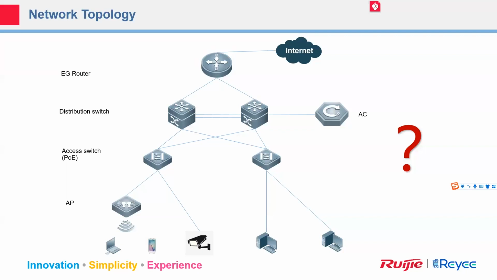In the real network, maybe this icon is a router or layer 3 switch or layer 2 switch, and the cable maybe is a fiber, maybe is a twisted pair cable, and also we have the wireless cable, something like this. So if now we deploy the device and the cable and connect with each other,